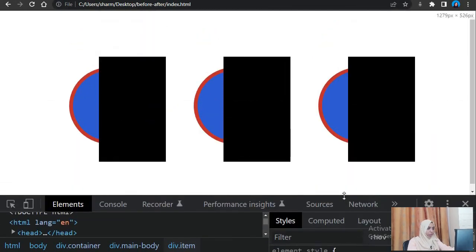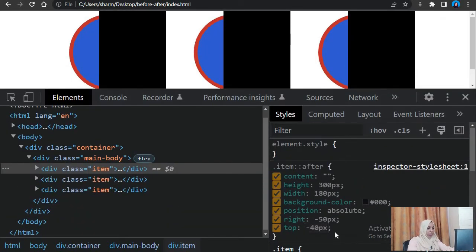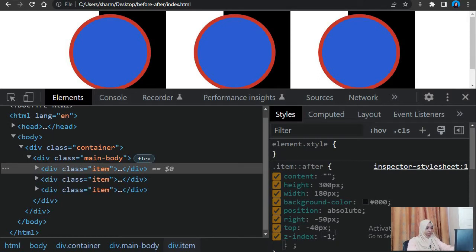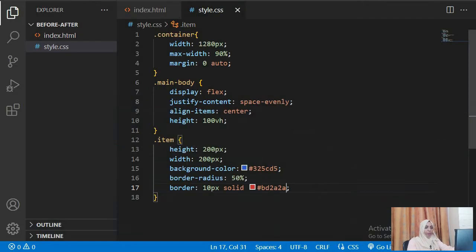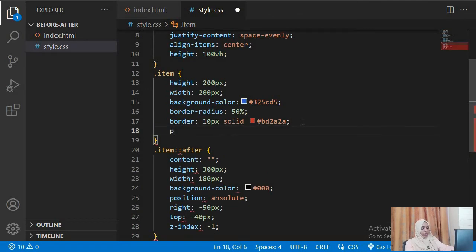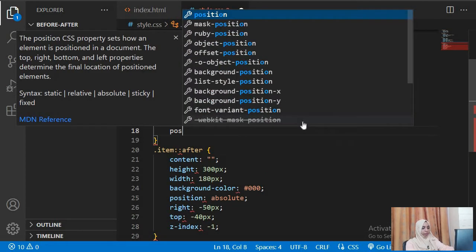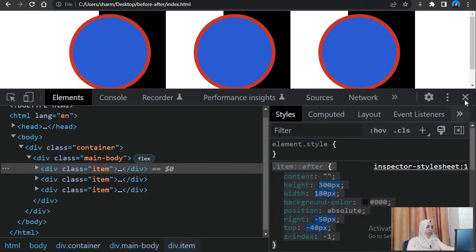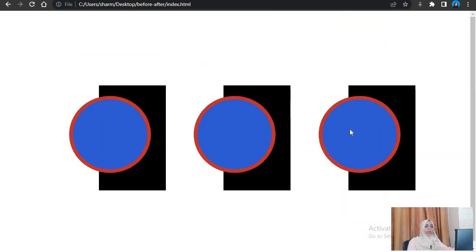Let's just close it. Okay, this looks good, fine. Very much similar to our design, and let's give it a z index of -1 so that it goes behind your element. Alright, so we will copy all these styles from here, from the inspect itself, and paste it in our style sheet just after the item, and we gave our item a position of relative. Alright, so yeah, here we have this ready.